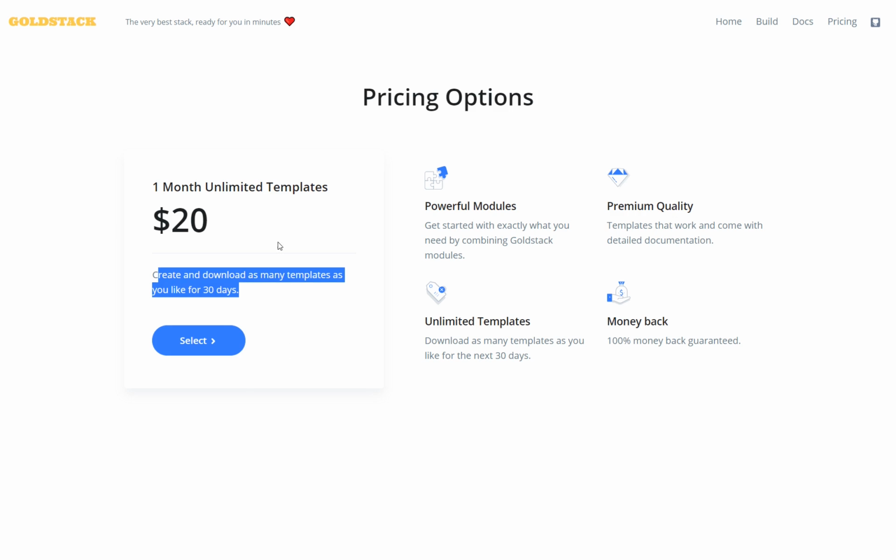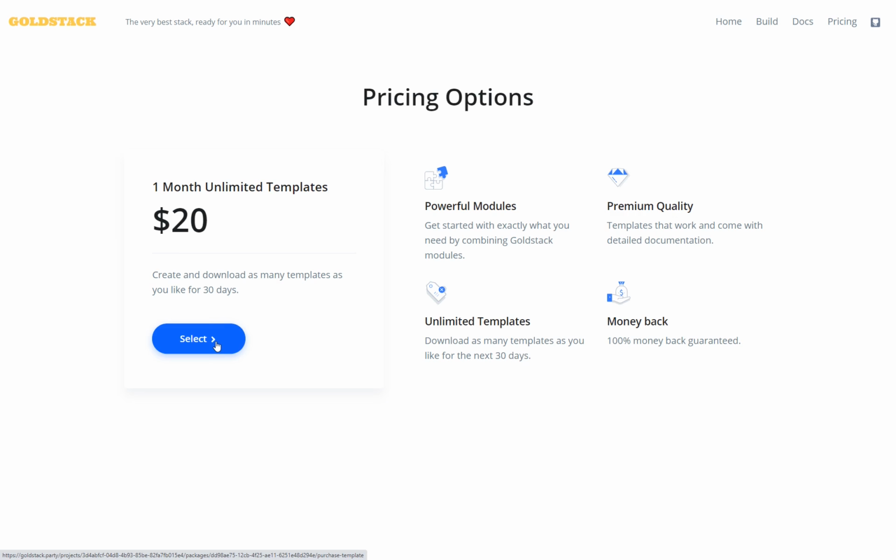Later we may add different options here, and we also often have coupons and things like that that you can find on our online presence. So in our case here, we just select this $20 here,